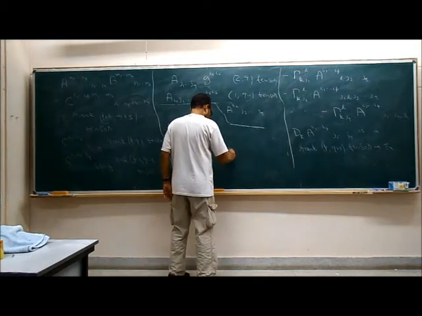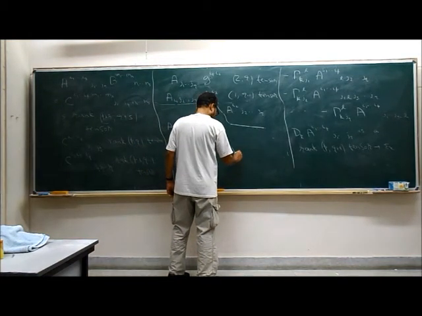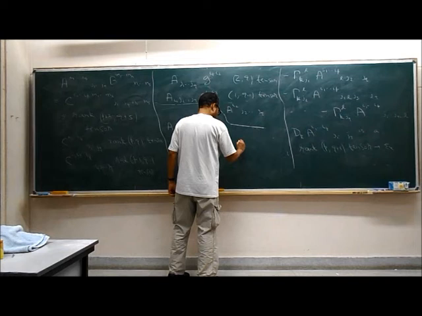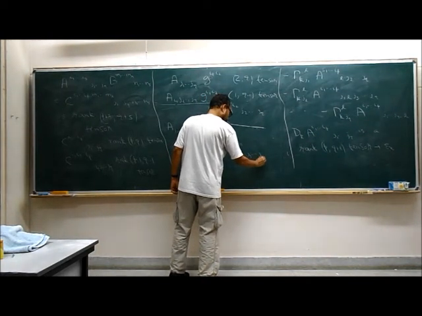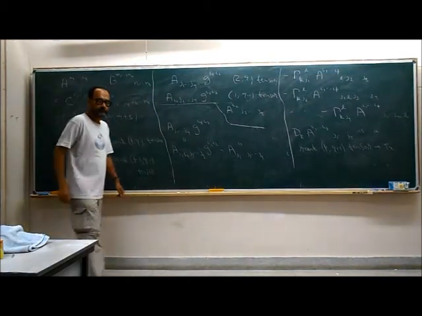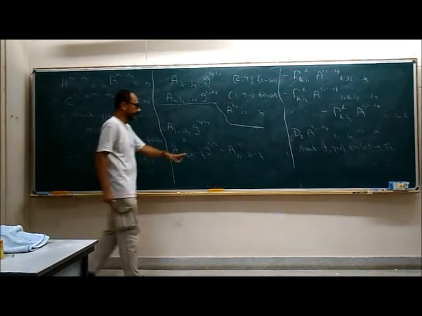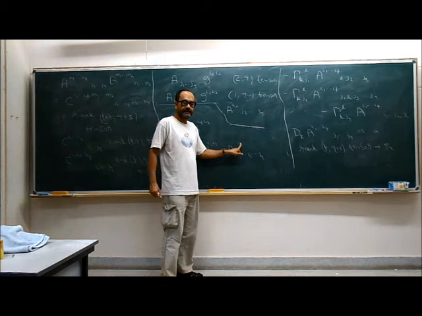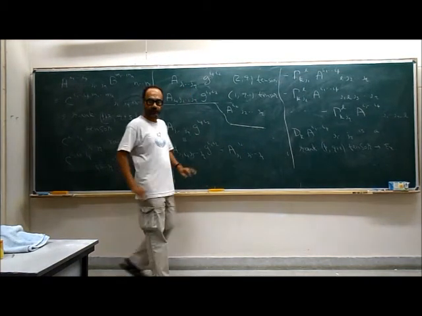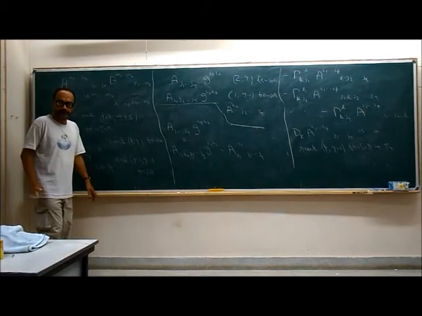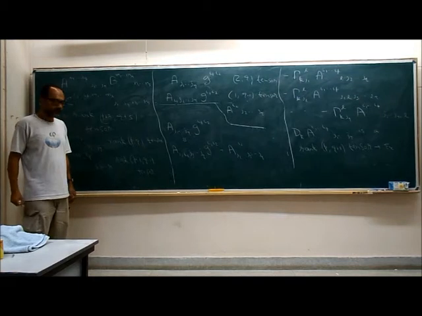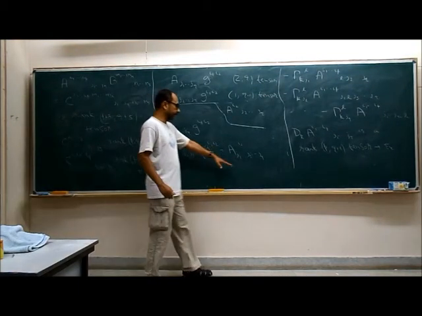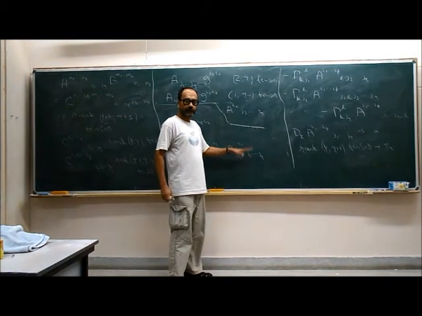So this we will write as A, J1, I2, J3 to J2, to indicate that it is the second index of A that we have raised. If we use this convention, then there is no possibility of confusion as to which index has been raised or lowered. So often we will raise and lower indices, but this is what we mean.